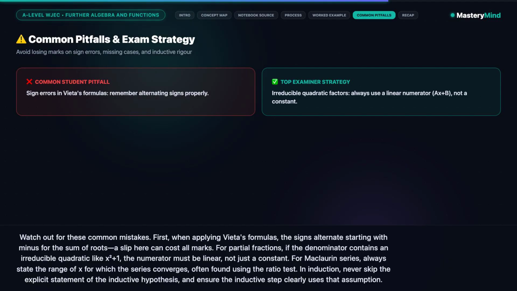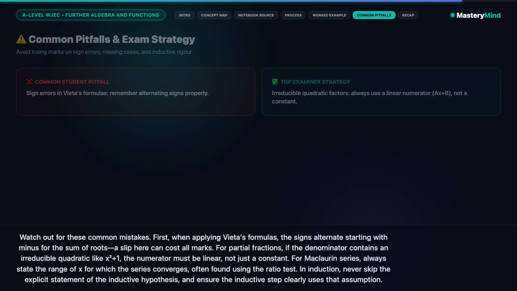Watch out for these common mistakes. First, when applying Vieta's formulas, the signs alternate starting with minus for the sum of roots. A slip here can cost all marks. For partial fractions, if the denominator contains an irreducible quadratic like x squared plus 1, the numerator must be linear, not just a constant. For Maclaurin series, always state the range of x for which the series converges, often found using the ratio test. In induction, never skip the explicit statement of the inductive hypothesis, and ensure the inductive step